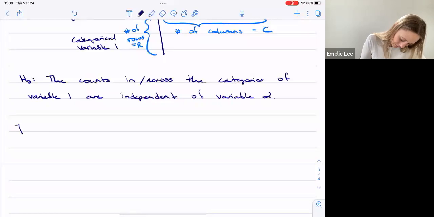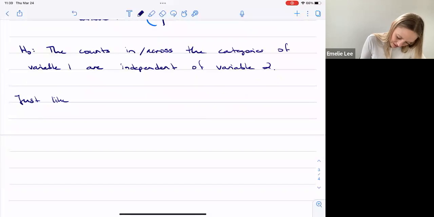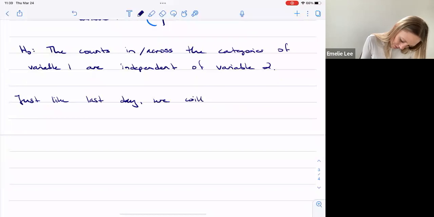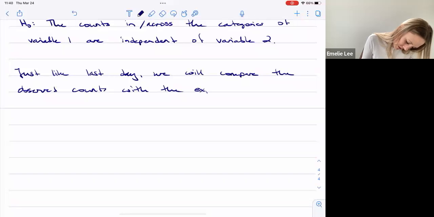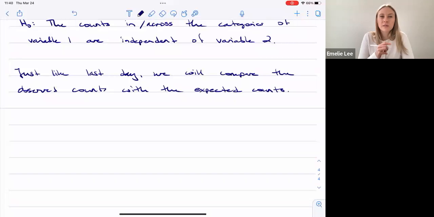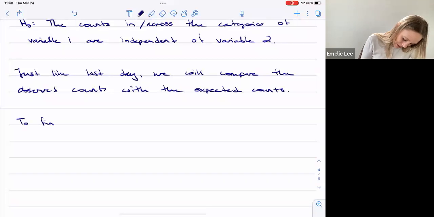But just like last day, we will compare the observed counts with the expected counts, right? But first we need to figure out how to find the expected counts, because last day,